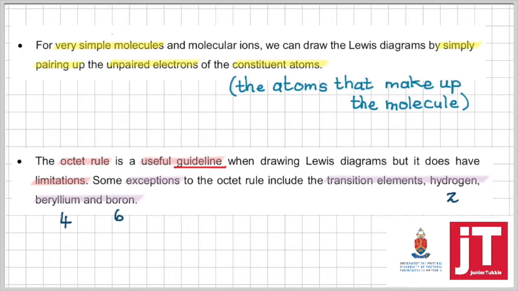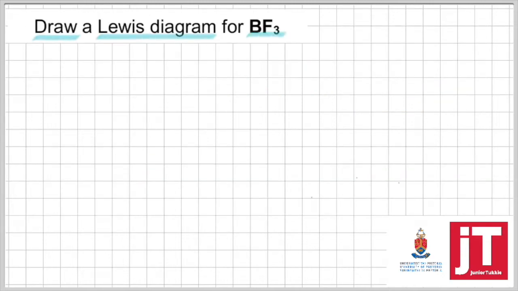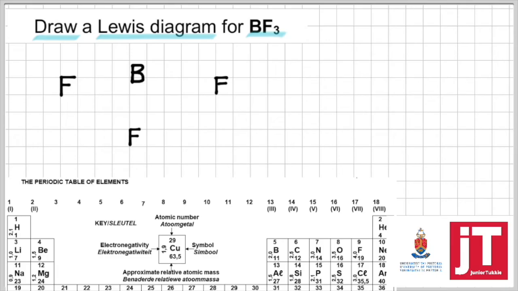The first problem says, draw a Lewis diagram for boron trifluoride. We start off by writing the element symbols. We then take a look at the periodic table in order to establish how many valence electrons each of these atoms contain. Since boron is in the third group of the periodic table, we know that it contains 3 valence